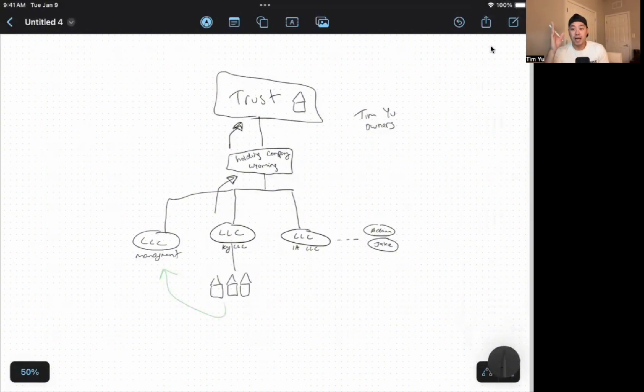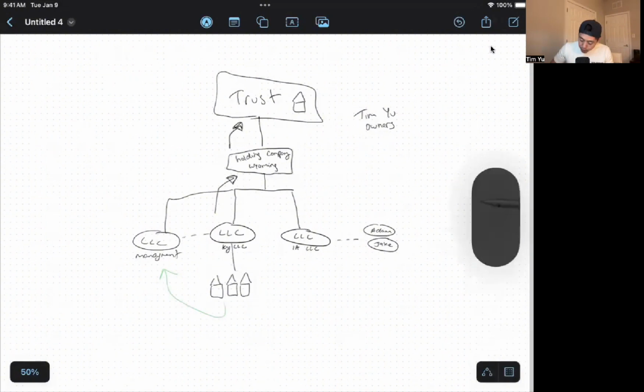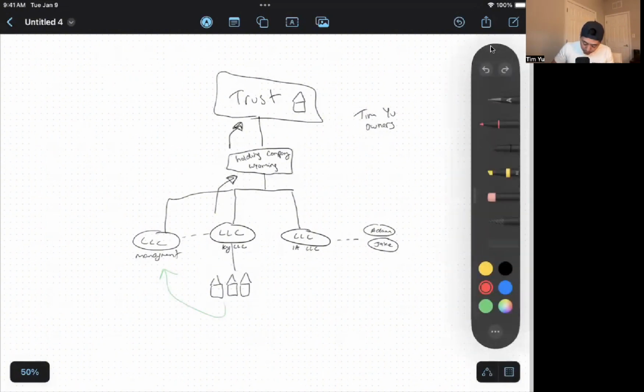So if something bad happens, all the leases and all the paperwork are done by the management LLC. Obviously, they are working for the Kentucky Property LLC that actually owns the assets, but the tenants don't know that. So when something bad happens and they want to sue a company, they're going to sue the management company. And guess what? If something bad happens, there's nothing that you can lose, right?